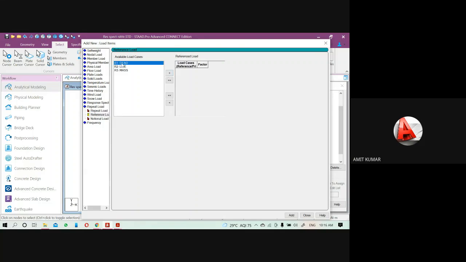Under the R1 dead, that was the reference load dead, I already defined the self weight and floor load direction and even the member load also. So you don't need to add the self weight or member load here. Just come to the repeat load, select the reference load, select dead and add it here. Click on the add.